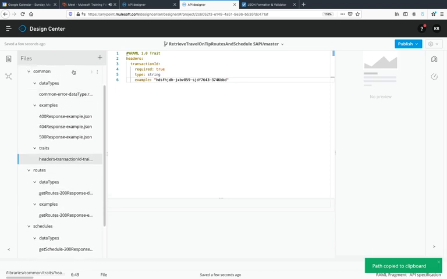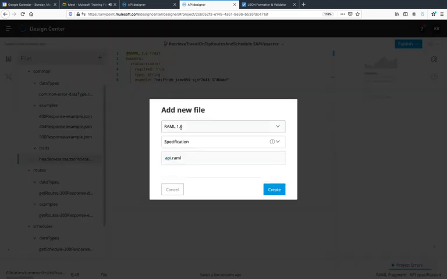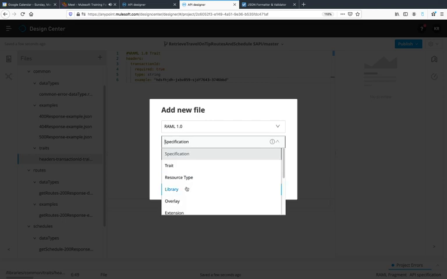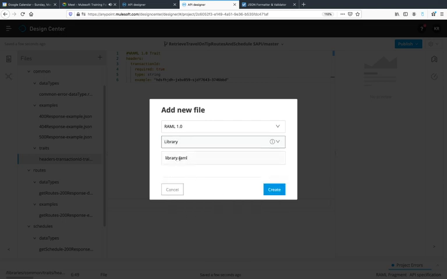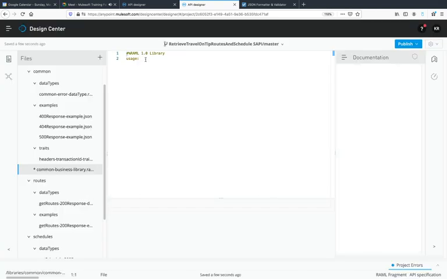We need to create one more file inside common. That will be new file, type will be YAML, and this specification will be library. Name will be common business library. Okay, create. Here inside usage